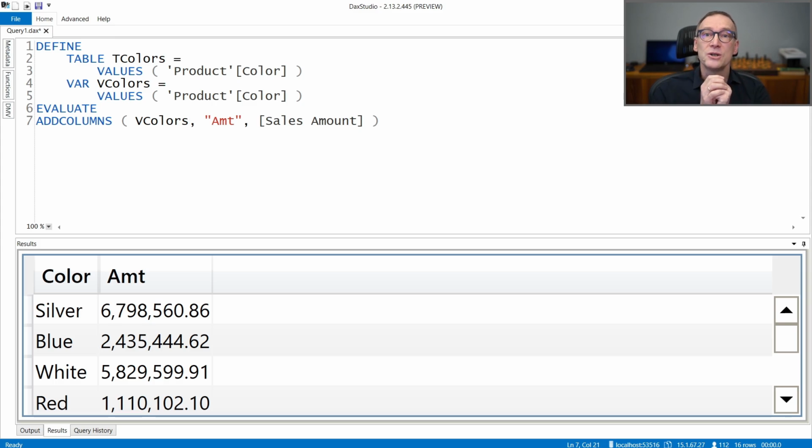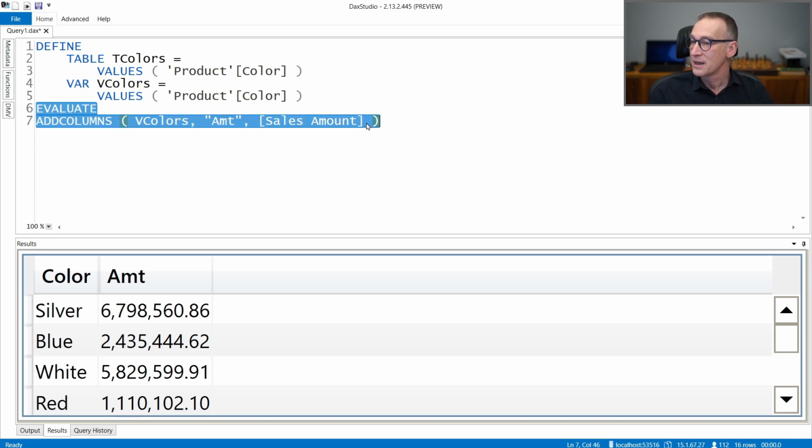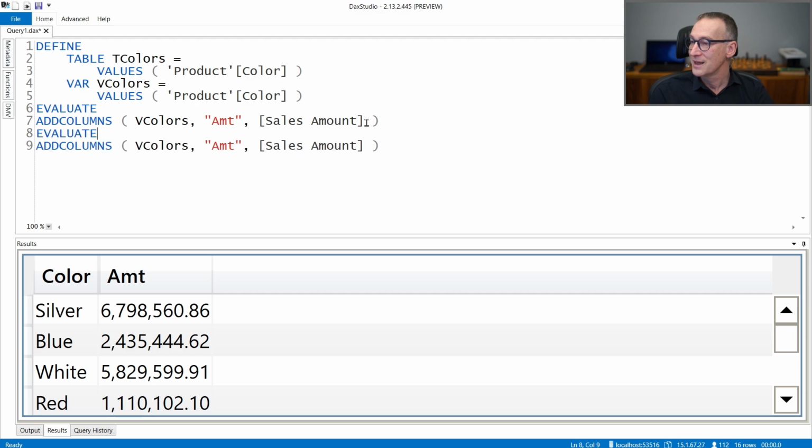And you need to pay attention to data lineage also when you try to merge together these tables. Let's say, for example, that I want to generate a new table that contains both the amount coming from this query. So I can have this code and this code, one coming from T colors and the other one coming from V colors.